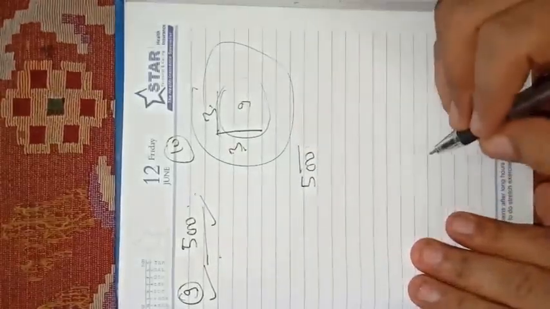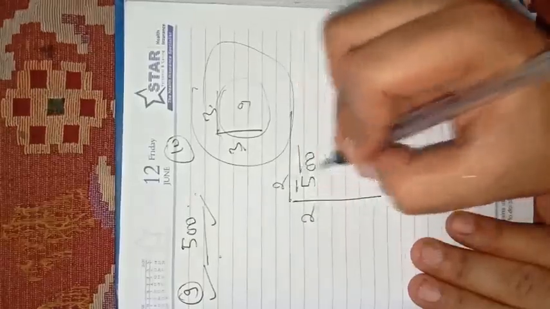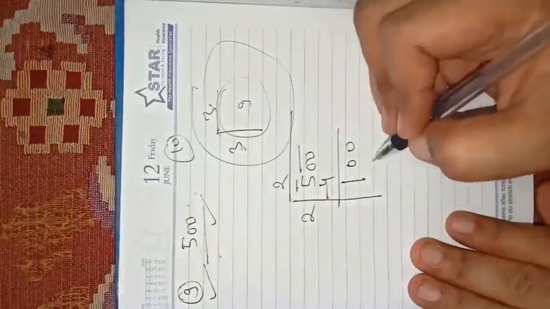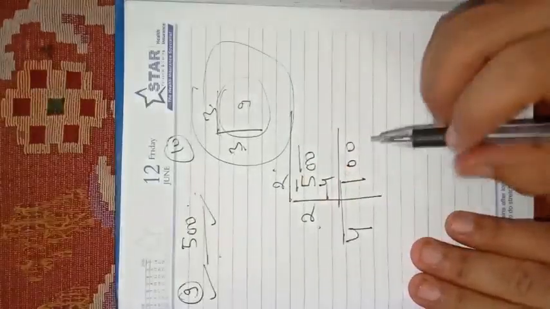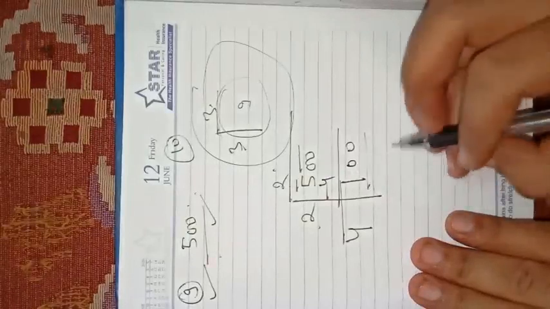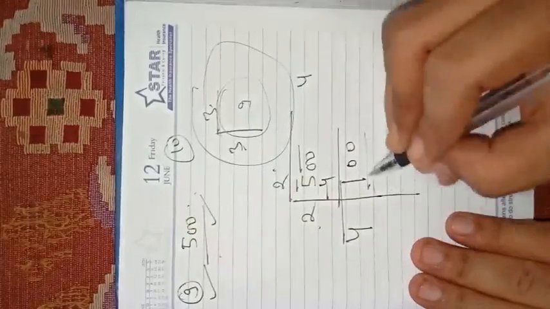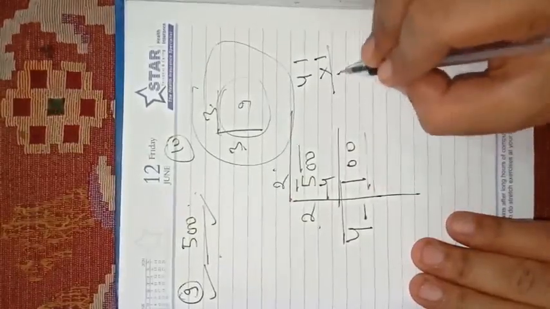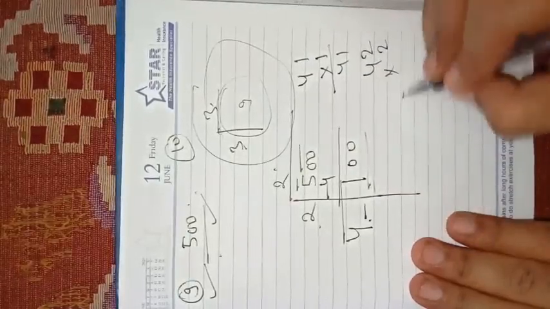Firstly write the number, start making the pairs from the back side. So 2 2s are 4, 5 minus 4 is 1, 100 will be written, means 2 0 will be brought down, 2 plus 2 is 4. Now what should be subtracted? We cannot write a number which is greater than 100. We should write a number which is just less than 100. So fill the blank. After 4 there is a blank. Fill it by 1 suppose. So 41 1s are 41. Very small. After 4 let us fill it by 2. We have to try again and again.